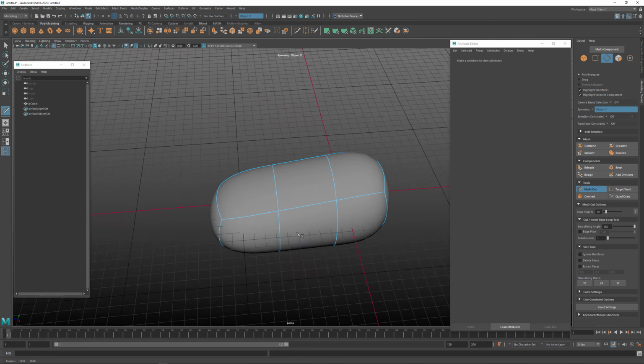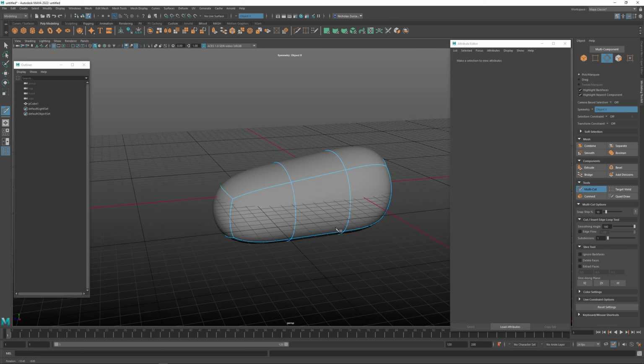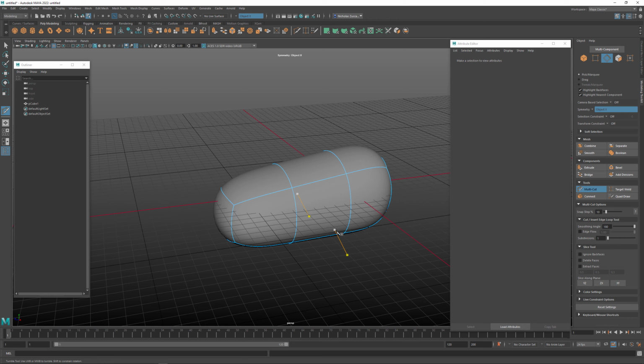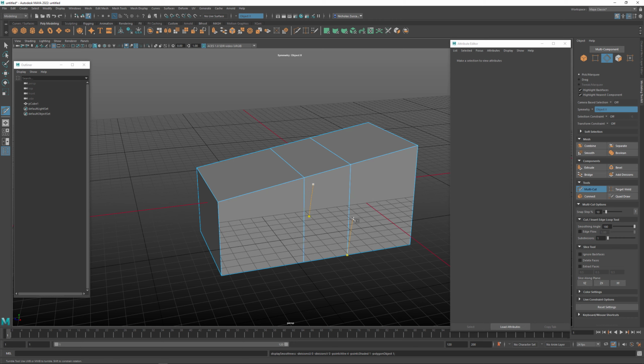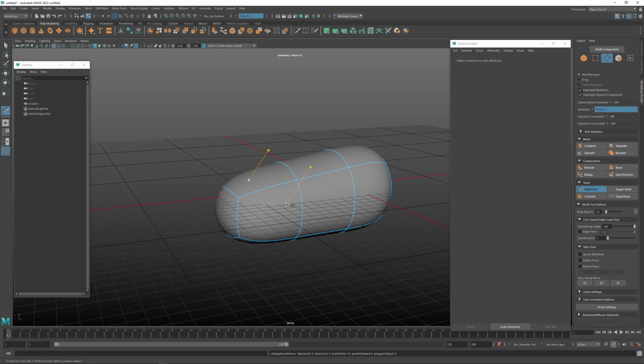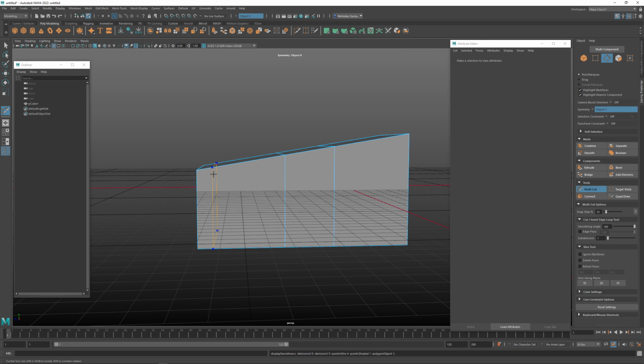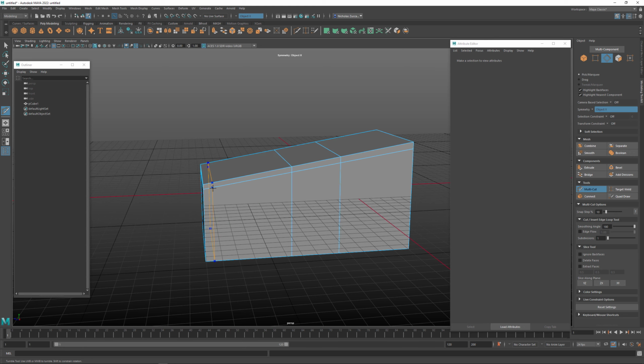Now this probably looks a little confusing for you at the very beginning because we're working in this new subdivision smooth mesh preview mode. If we tap 1, you can always get back to your base cage, and it probably makes a little more sense what's going on at that point. So check this out. If we want to make this edge a little bit harder in through here, so it's got nice soft rounding, if we get this really close to this edge like this, and I hold down Control and then click,